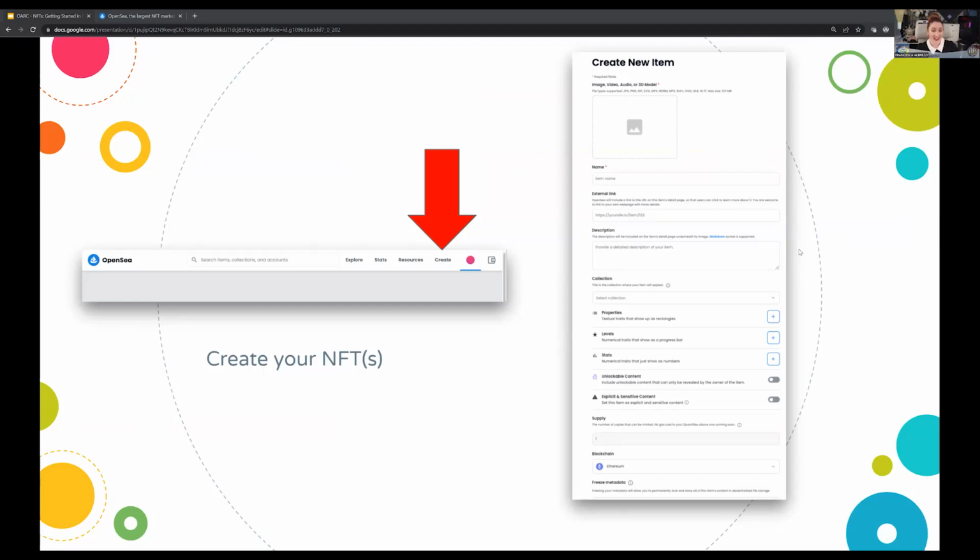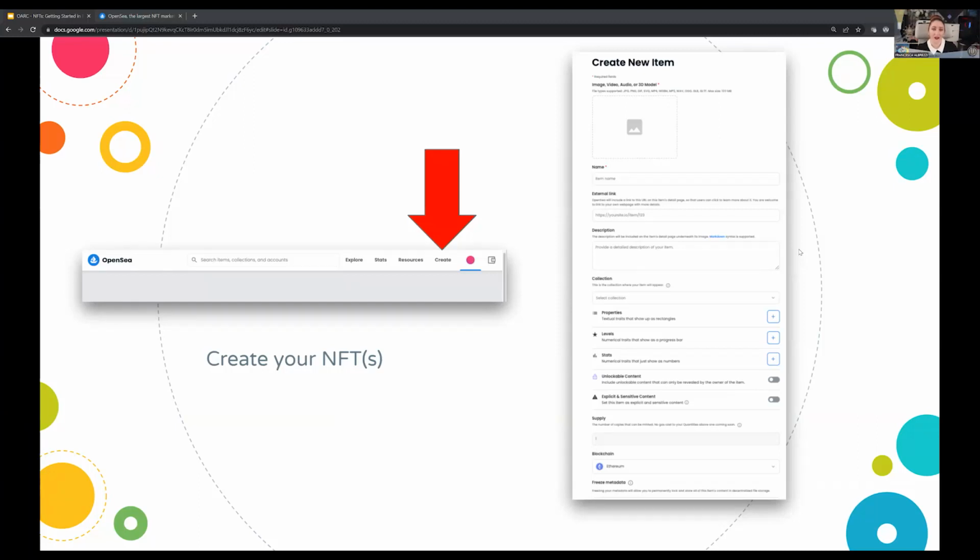OpenSea doesn't actually track that much artist metadata, unfortunately. They allow you to link to a page where that information can be found. They require more information around the formation of a collection because the platform has been used mostly to create these character type 10K projects, or 10,000 characters or file projects.